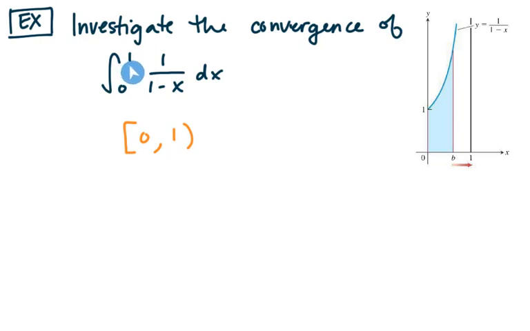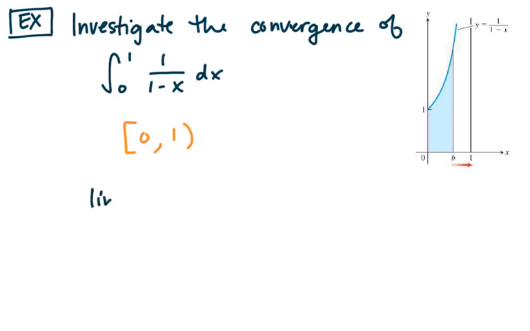So we can't verify this at x equals 1. It becomes infinite. As x approaches 1 from the left, my y values are becoming infinitely large. So in order for us to evaluate this integral, we would go to part 2, and we would rewrite this